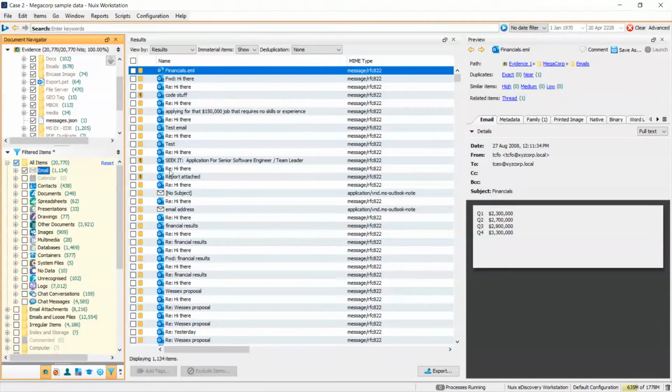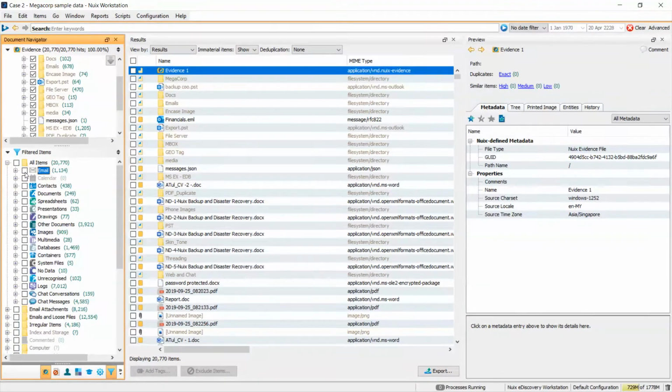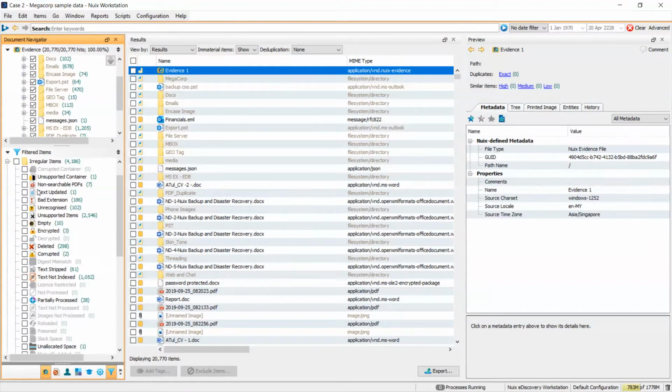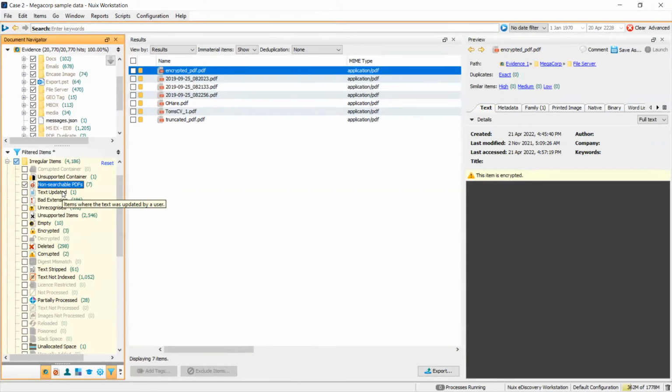And one of the first things that you might want to do after importing the files is to check whether there is any data that you might have missed, right? So for instance, you can go to the irregular items, and certain types of files will be categorized as non-searchable PDF, bad extension, unrecognized. If I click non-searchable PDF, we might want to process all the files, including this file, but since it is not readable,